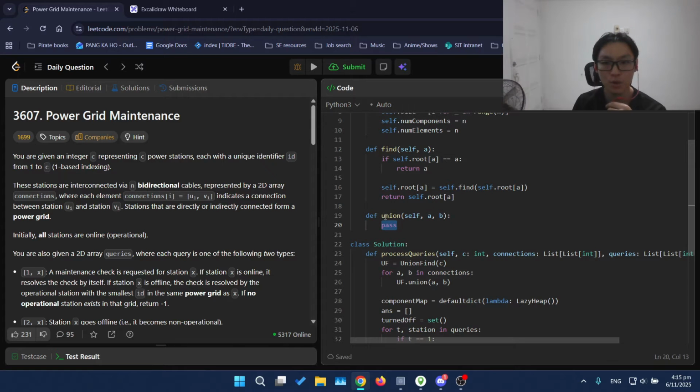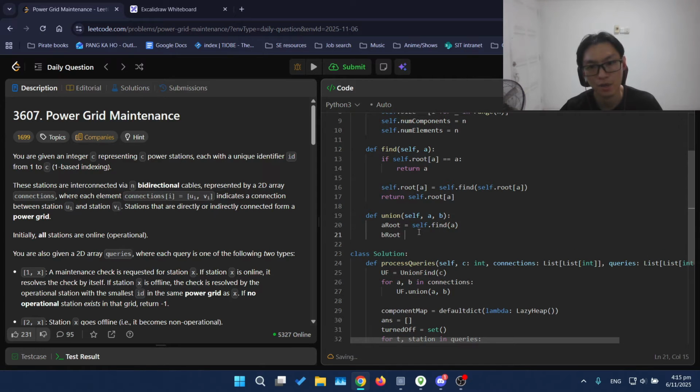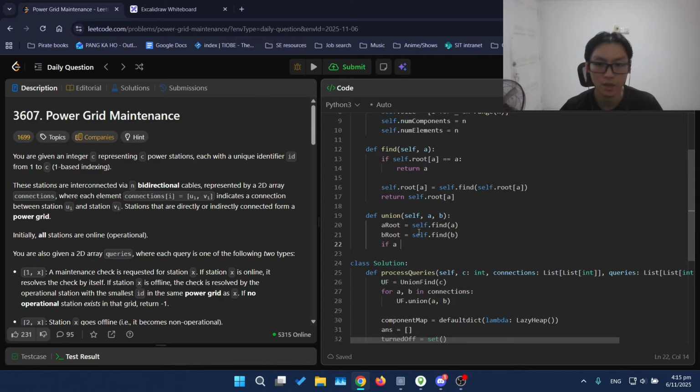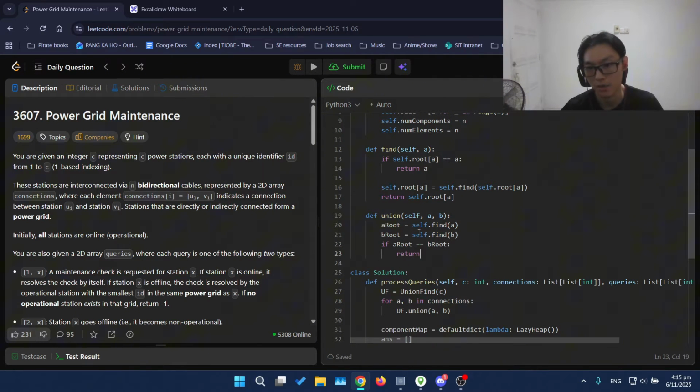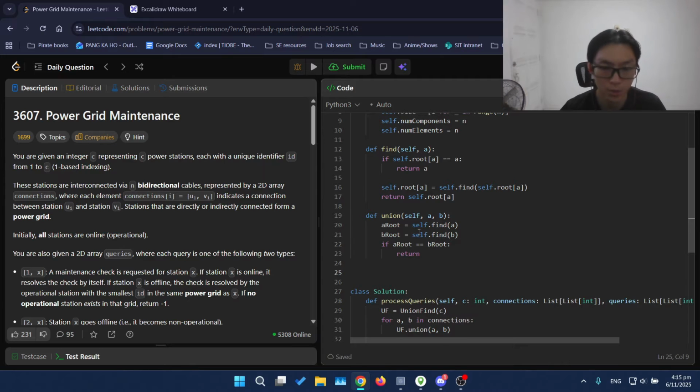Then from here, we want to union two nodes together, or two components together. So we say A root is equal to self.find of A, and B root is equal to self.find of B. Then if A root is equal to B root, we're done, because they are already part of the same component. Otherwise, we actually want to choose the node with the